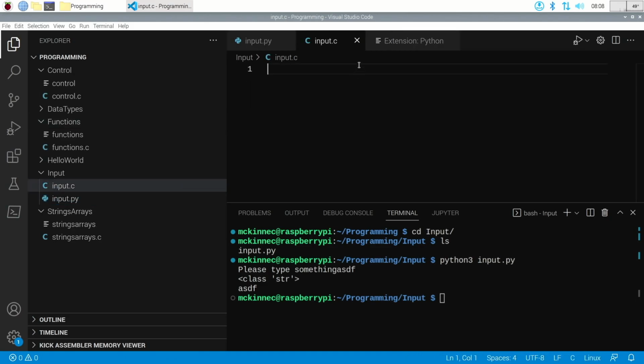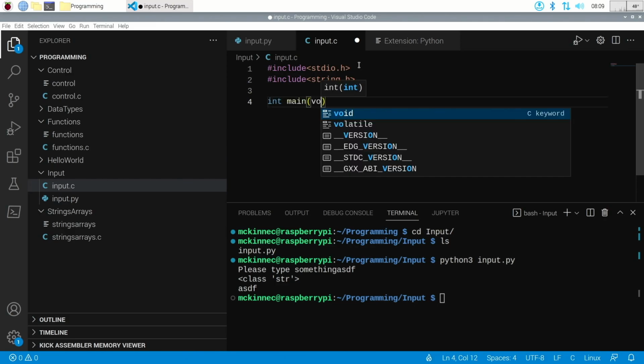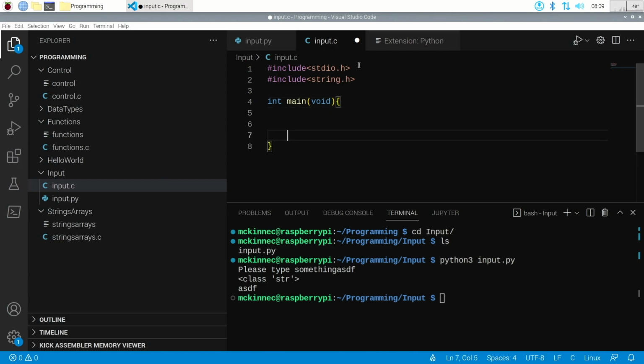Okay, and let's just accept as input some various things. So first thing we need, of course, is standard input output, and we'll probably need string for something in a minute. All right, int main(void),